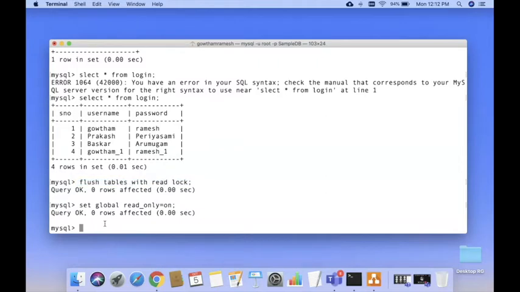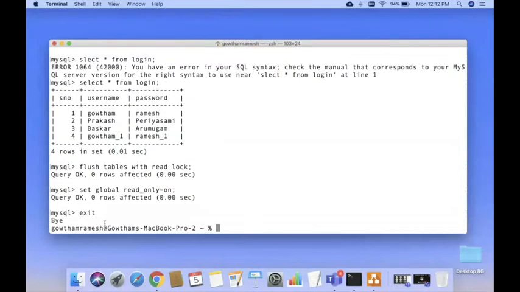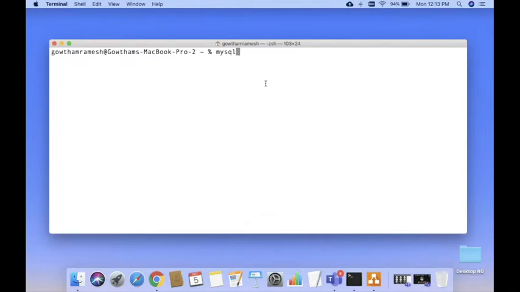The moment you set flush tables and set global read_only on, you can come out of the SQL prompt. mysqldump, followed by the username root and a password.